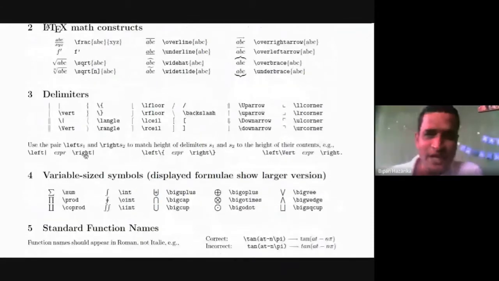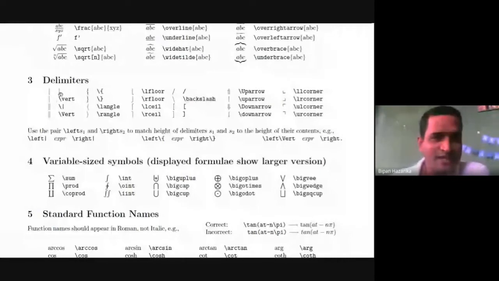Then go to other brackets. If you see, it is just the vertical line, but if you put a slash VRT you can also write the same, or if you write vertical line in the command, you get this. But when you need two vertical lines, you write slash vertical line or slash VRT. If you write this, you get two vertical lines. Now if you put capital V, then also you get this. Either you can use this notation or this notation to get these symbols.